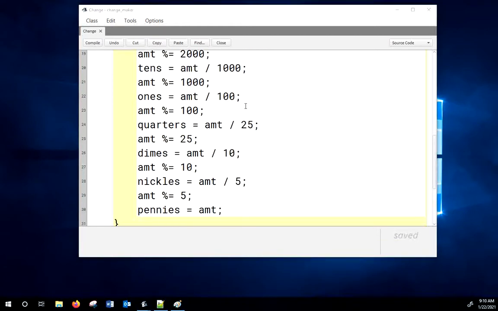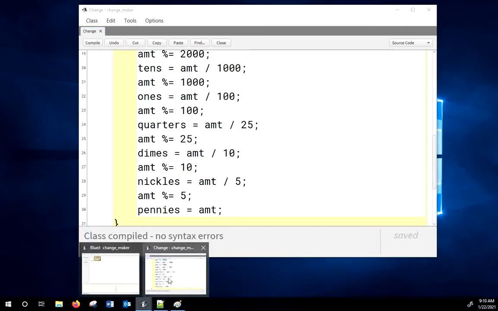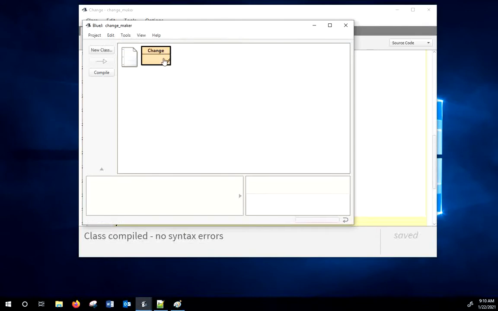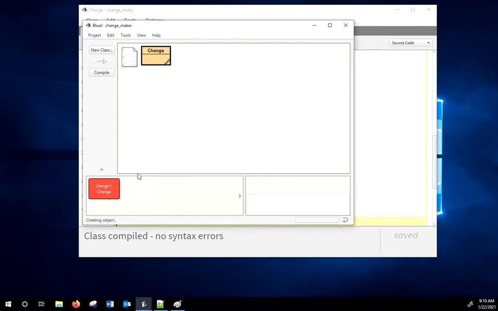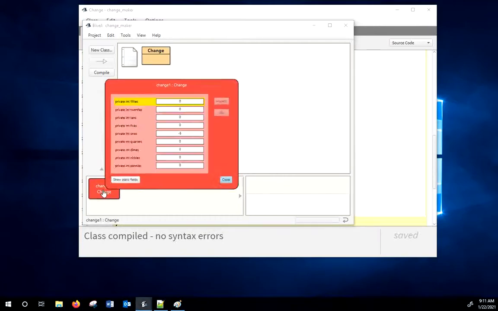Okay, so now, before we go any further, let's check our class to make sure that our constructor works as we expect. We're going to right-click and let's make a price. So I say let's do $15.25, and let's pay with a $20 bill. So as I see it, this should give us 4 1s and 3 quarters. If we double-click on this and inspect it,